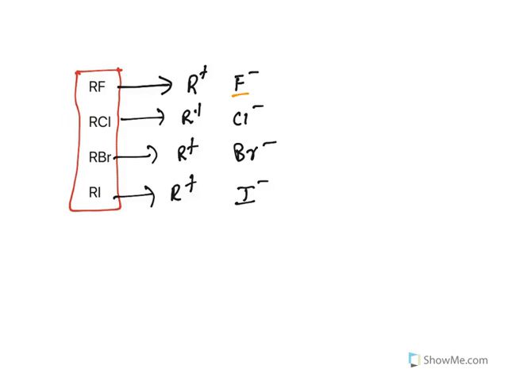Now for the same halogen group, which one is a weak base and which one is a strong base, we will consider this. Electron pairs are there, so all of them are bases. What is the definition of a Lewis base? Anything which can donate a pair of electrons is a Lewis base. So all of them contain electron pairs, so all of them are bases. Now you need to figure out which one is a strong base and which one is a weak base. To understand this, we will look at radius. Fluorine has a small radius because it has a very high electronegativity. Chlorine is a little bit bigger, bromine even a bit bigger, and iodine, among the series, is the biggest one.